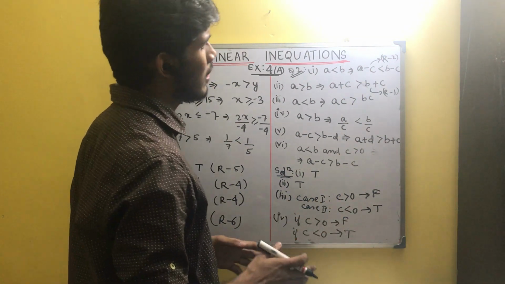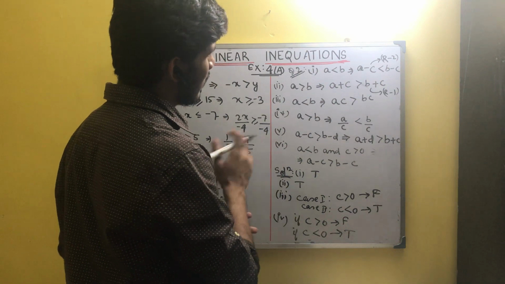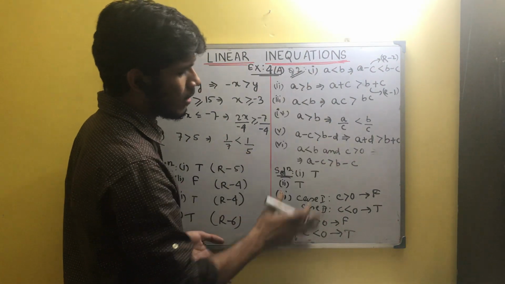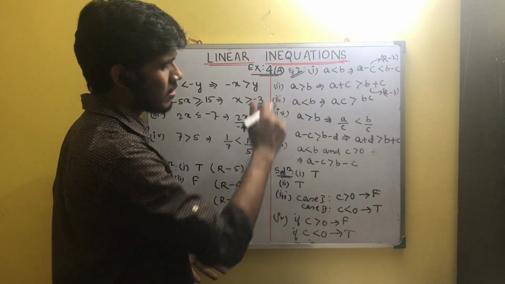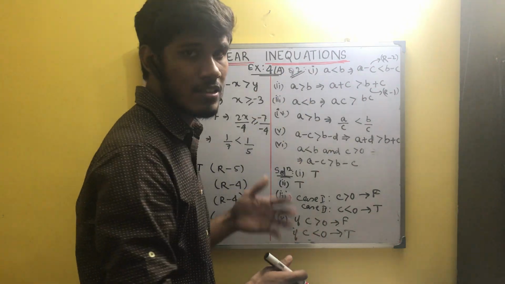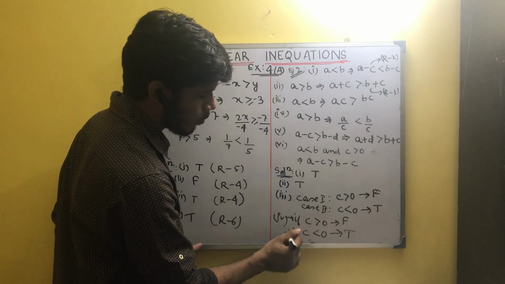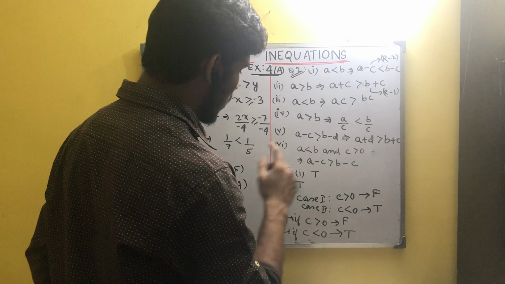Now if in the question it had been declared initially that c is a negative number or c is a positive number or whatever, then you can answer to the point. But since in this question nowhere it is mentioned whether c is positive or negative, we need to understand both these things. We need to declare both these answers, isn't it? Now coming on to fifth one.